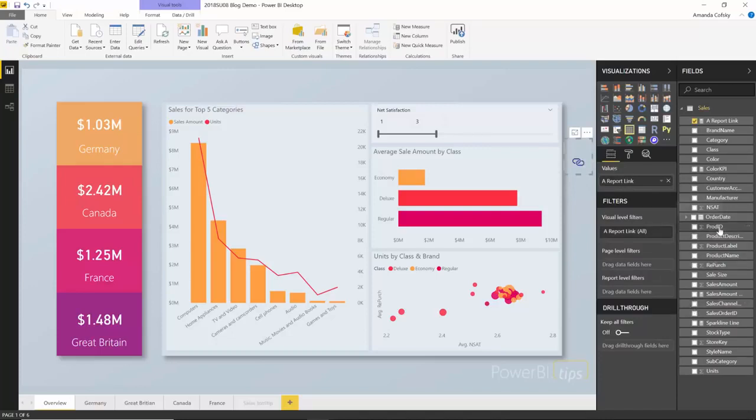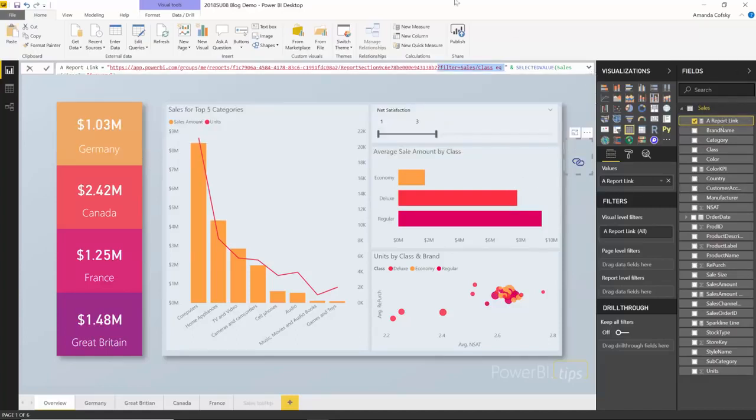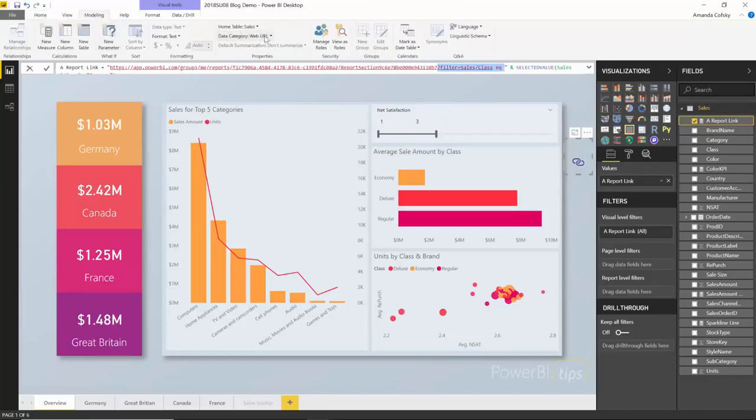to do is that my report link is a measure, and I'm taking advantage of the filter parameters that we have in the Power BI service so that I can link to a different report I have. If I'm only highlighting one of the different classes in my report, I want the URL to take me to this other report with that selected value. So I marked it using the data categories feature as a web URL, and then I put it in a table and just set it up